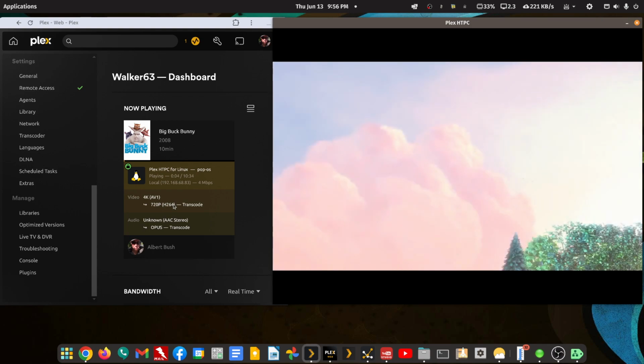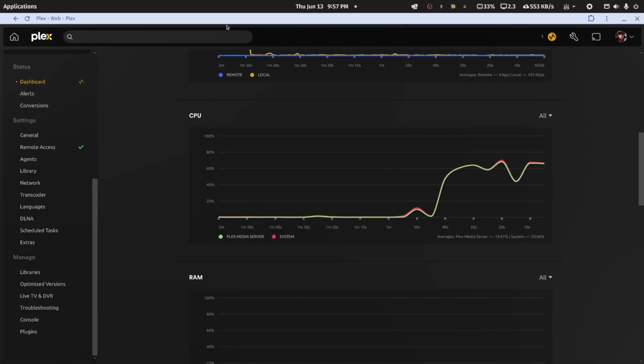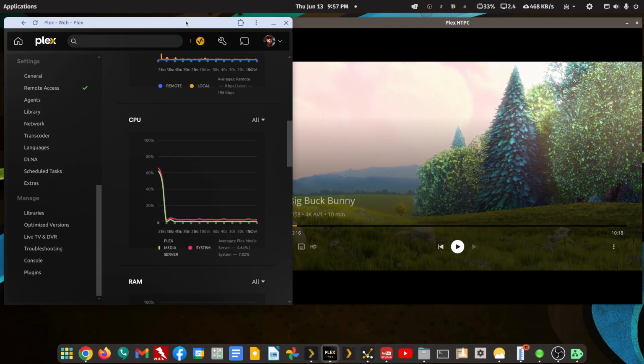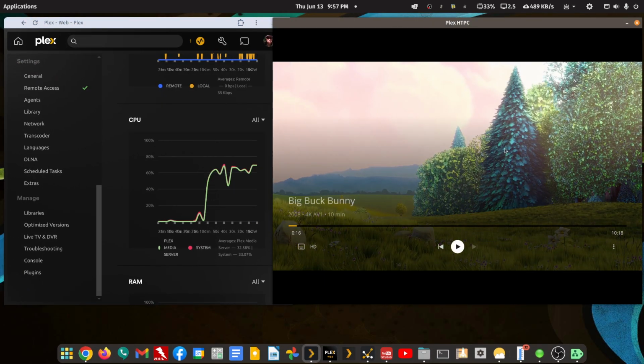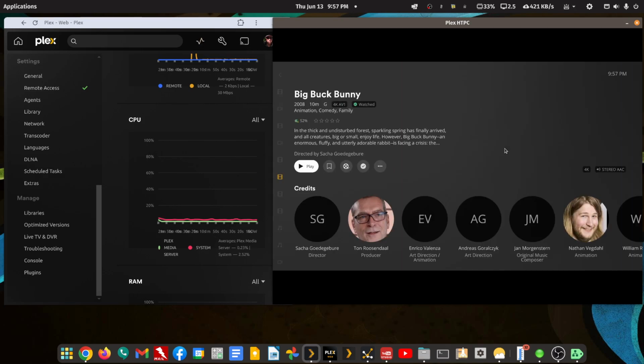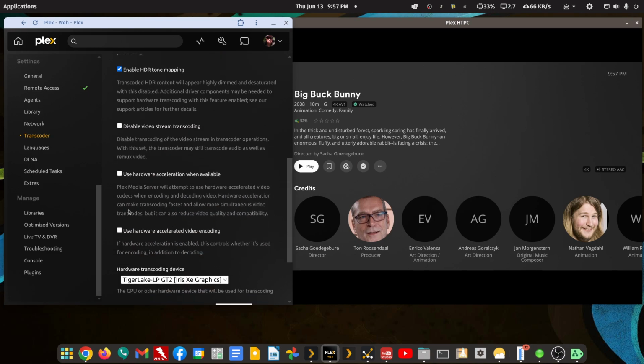And we see it's doing what it's supposed to do from this perspective. Now I guess it didn't want to show properly unless it was full screen. But we're getting a higher CPU usage. So the newer CPU is a little bit more powerful, but we're still putting strain on it with a software transcode. So let's back out of this, and we'll turn transcoding back on this 11th gen processor and see